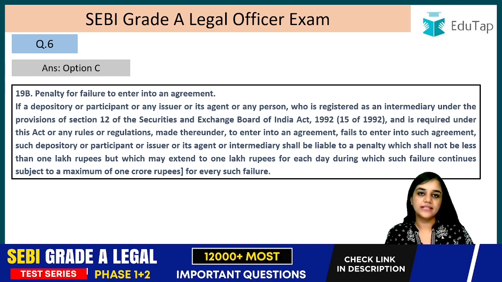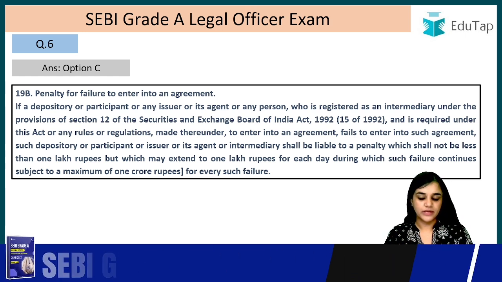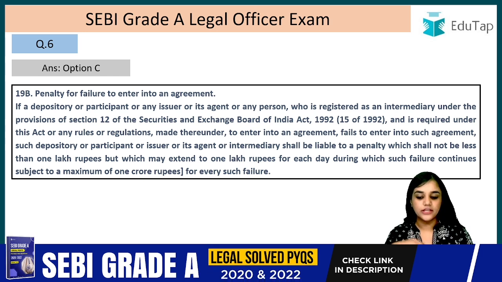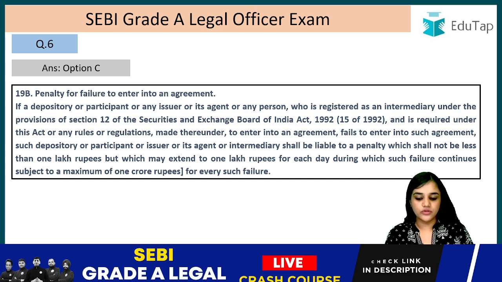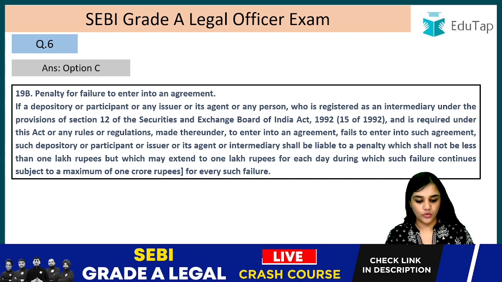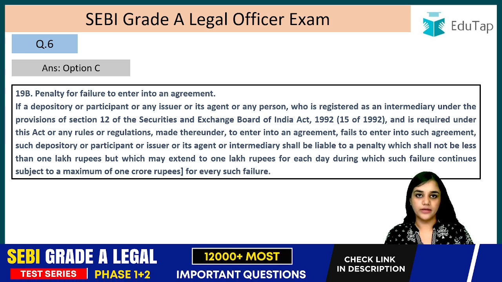As I've told you in the previous lecture also, section 19A to 19G deals with the penalties in different circumstances. These have been given different circumstances and according to them the penalties have been prescribed. So one such penalty is 19B, penalty for the failure to enter into an agreement. If a depository or a participant or any issuer or its agent or any person who is registered as an intermediary under the provisions of section 12 of the Securities and Exchange Board of India Act and is required under this act or any rules or regulations made thereunder to enter into an agreement, if he fails to do so, then what will happen? Such